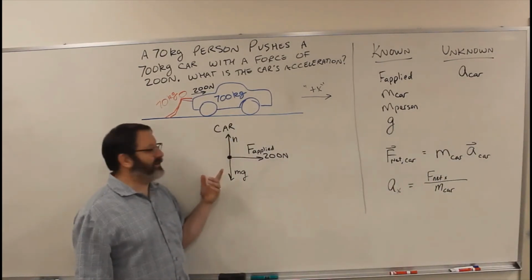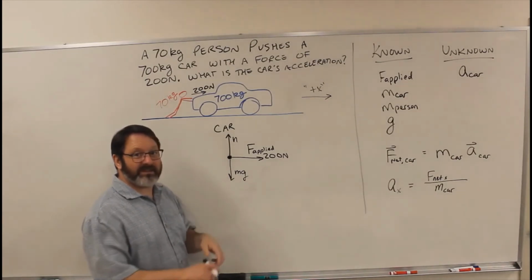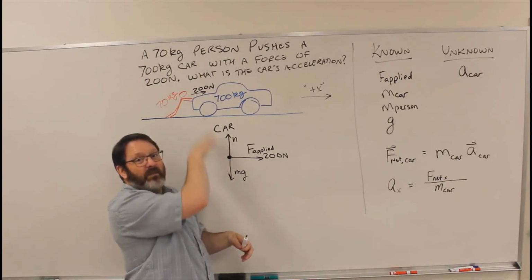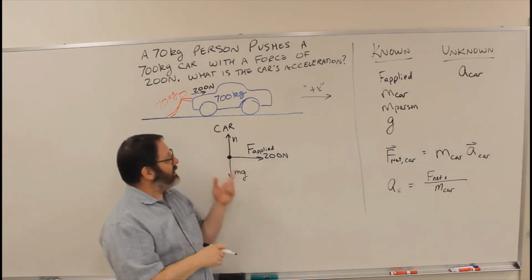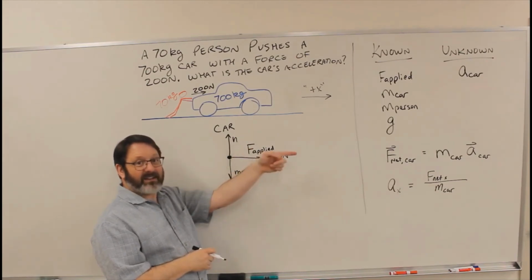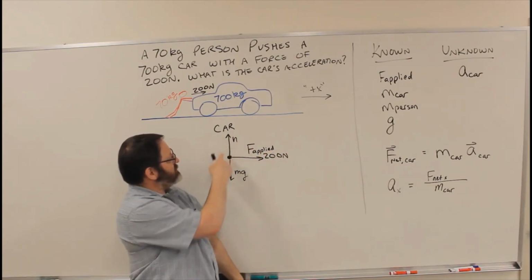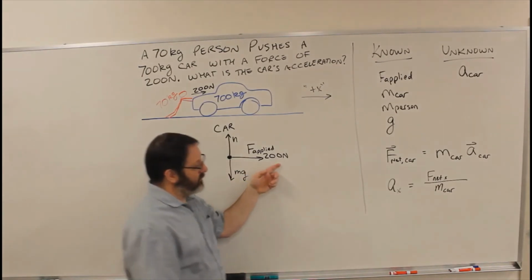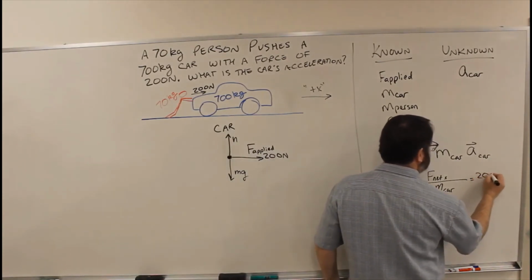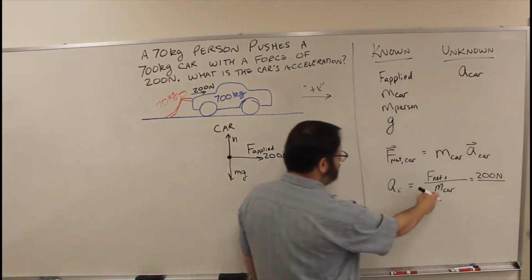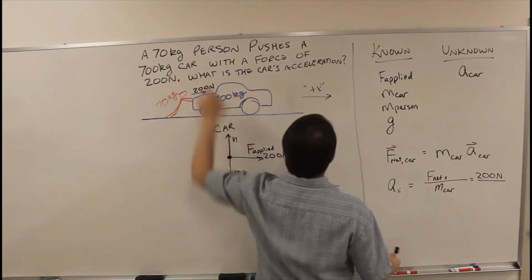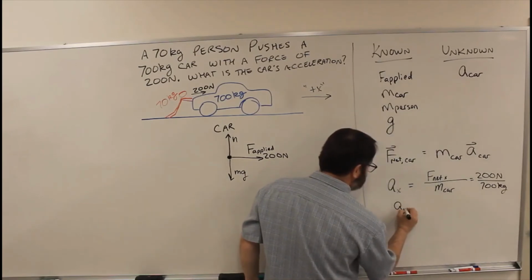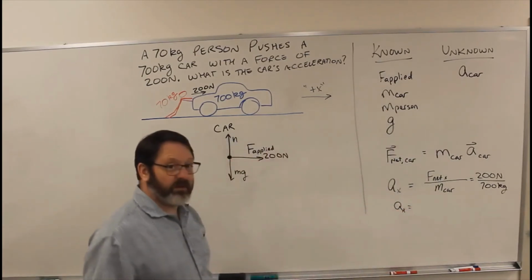Well, there's only one, right? This one and this one. When we add the forces together, usually you break them into components, add the y directions up, that's the y direction one, add the x directions up. The only thing that we care about is the x direction. So this one doesn't matter, that one doesn't matter. The net force in the x direction is 200 newtons. So that's 200 newtons over mass of the car, 700 kilograms. So acceleration in the x direction is 2 over 7, or